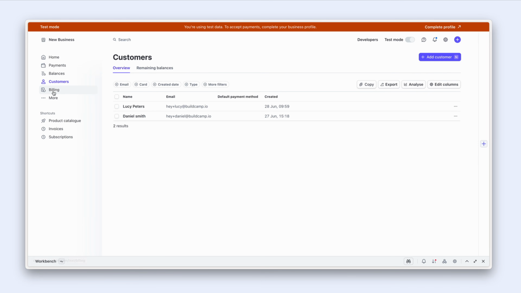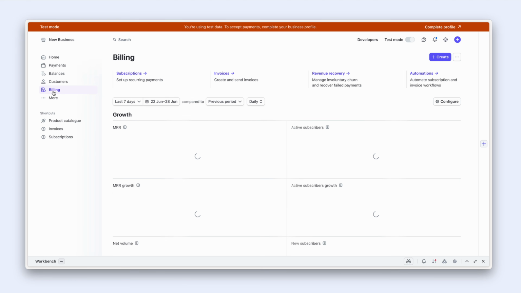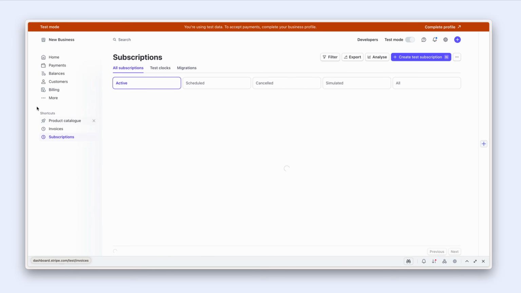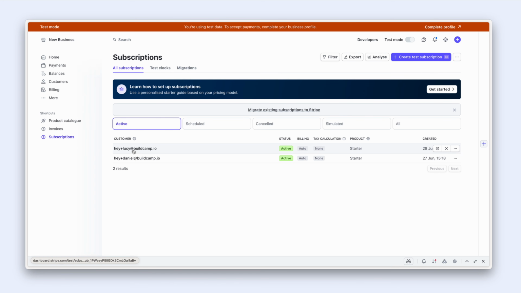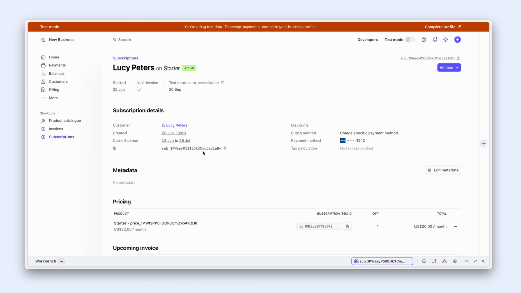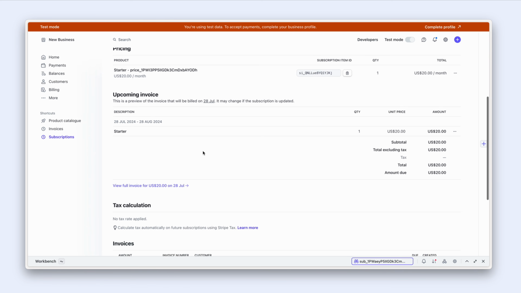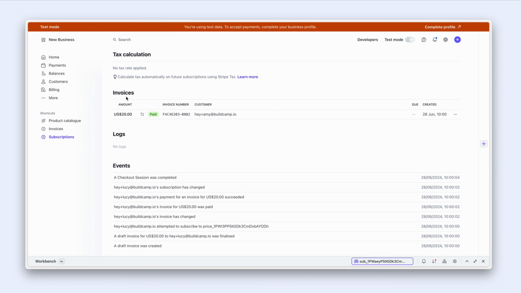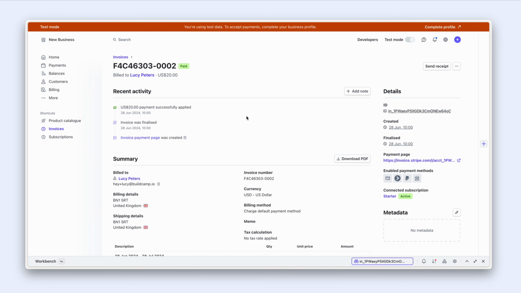Let's have a look. So if I go to billing, actually I can go straight down to subscriptions in my shortcut. Here we go. So hey plus Lucy, if I click into that subscription and I scroll down, I can see that there is an invoice here. Here it is. I'm going to click it. And it has an invoice ID,